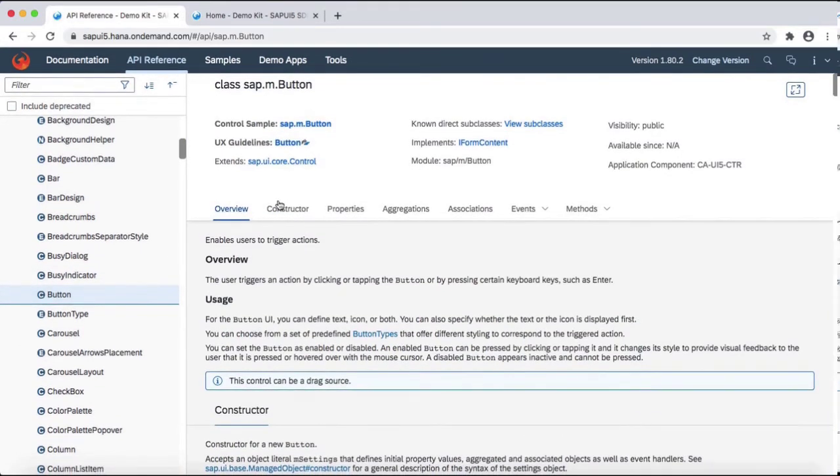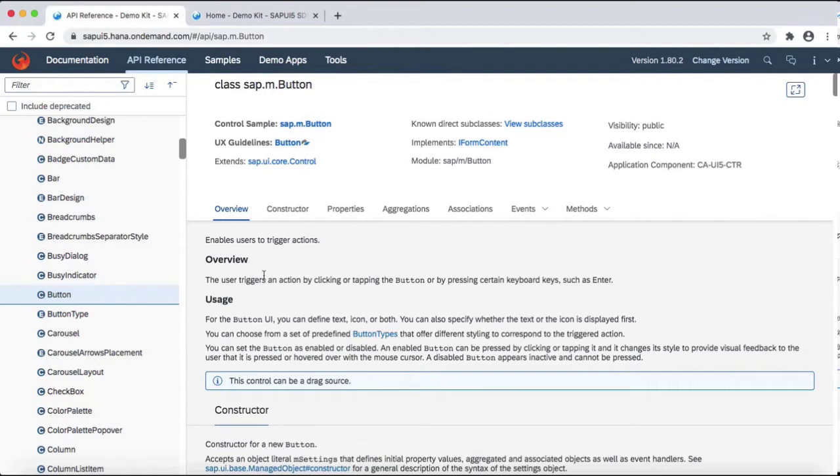If you go to a particular control like a button, you can find different sections which explain the implementation and usage of the control. The control button has sections like overview, constructor, properties, aggregation, associations, events and methods.